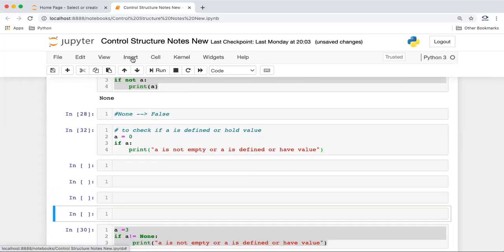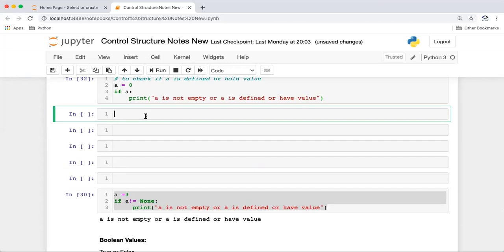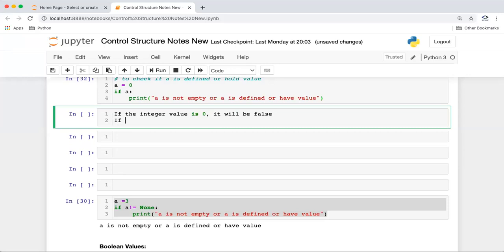If you have gone through the C language, what happens in Python is, if the integer value is 0, it will be false, otherwise it will be true.